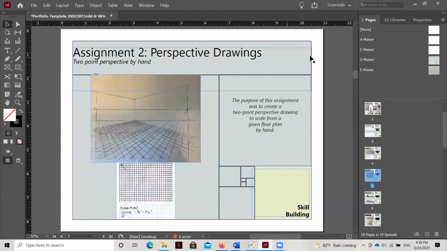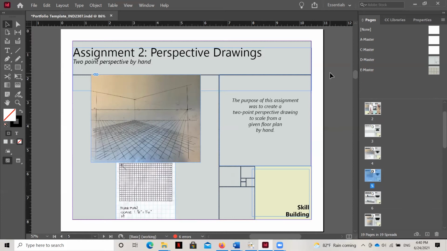Okay, I'm going to undo those. And now what I'm going to do is go ahead and talk you through a little bit about how a grid is applied to master pages. Now, a grid is really important to understand when you're doing graphic design, because a grid is applied to any sort of template to allow you to stretch and move images in a consistent way. Now, the quote-unquote grid can be made any way, any shape, any arrangement, but most templates have some kind of grid that has been created so that there's consistency in sizes and shapes.